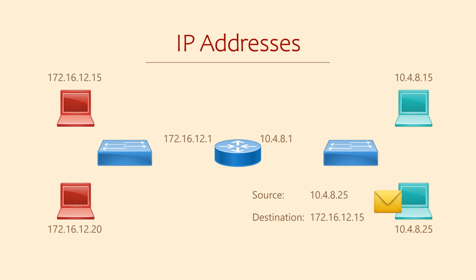Now on to another question. How does a device know it needs a router's help? Let's imagine that a device needs to send a packet to another device. It will look at the network part of the destination address. From this, it can see that it's in a different network to its own. It now knows the destination device is on a different network, so it knows it needs the help of its default gateway. You might notice that the destination IP is the device on the other network, not the IP address of the router. So why is this? Why isn't the destination IP the default gateway?